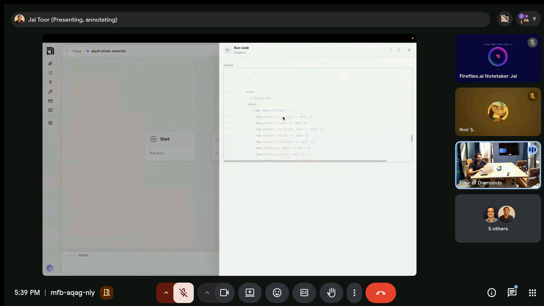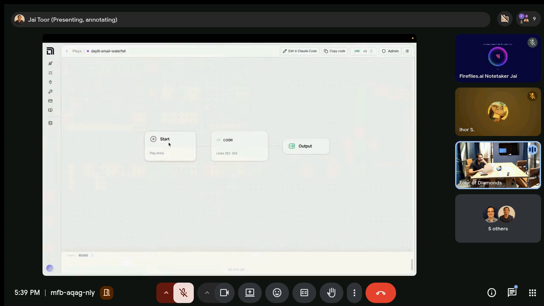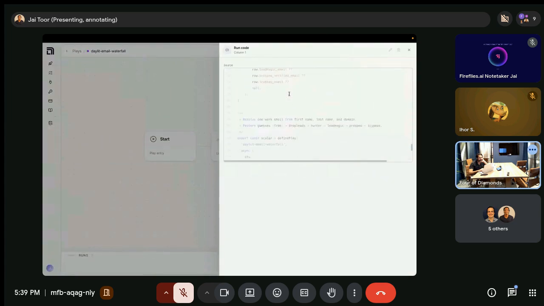Have to love a warm or a live demo. So you guys can't really see it here, but it has all the code for the waterfall above, what it's doing, and the order it's going in. This is all pre-built logic that's getting combined. So each step is a separate one.